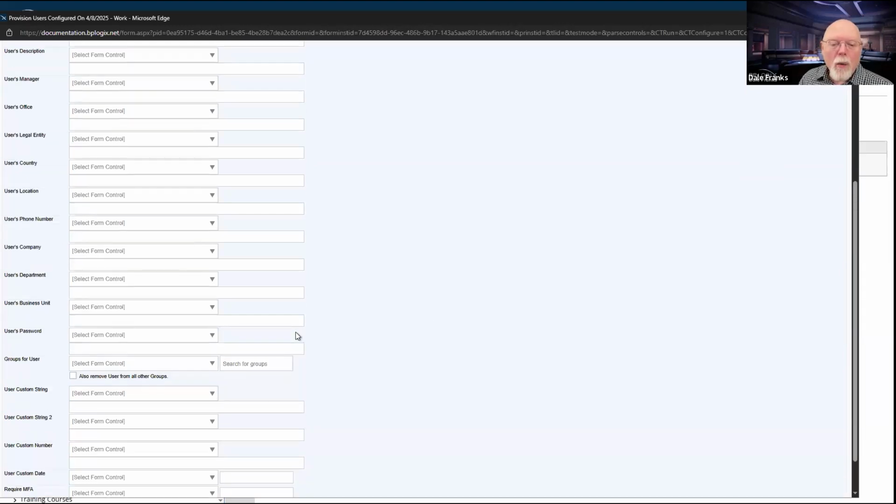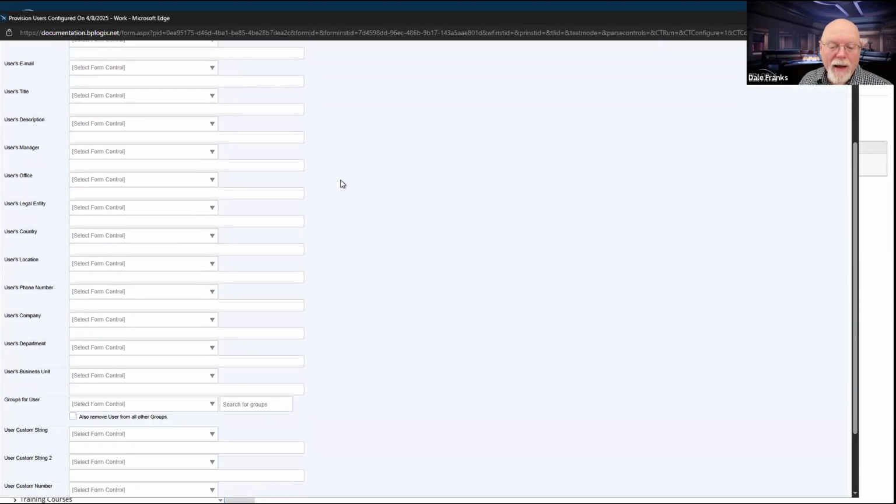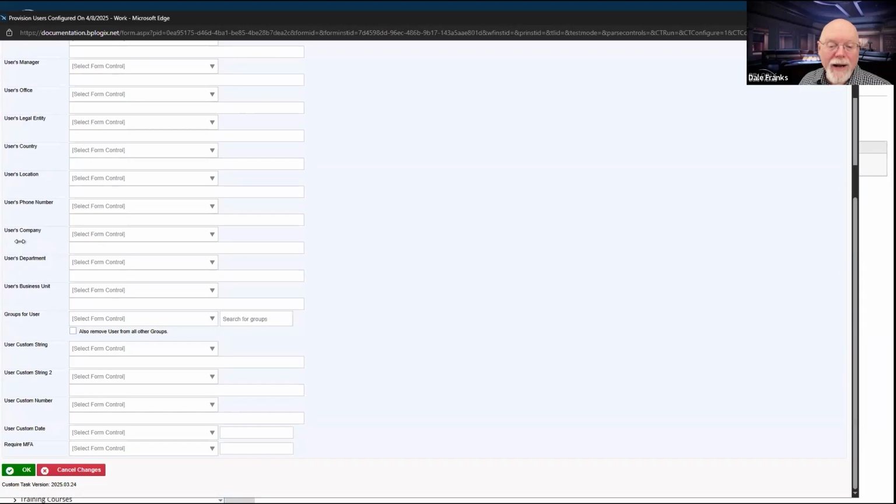So what we've done, and we didn't do this before, but it's real simple. If you click the update instead of create user, and then you scroll down to find the password, it is gone. So we have removed it. So there was some confusion about how they try to update a user, and when they did the update, they'd try to change their password, and the password never changed.